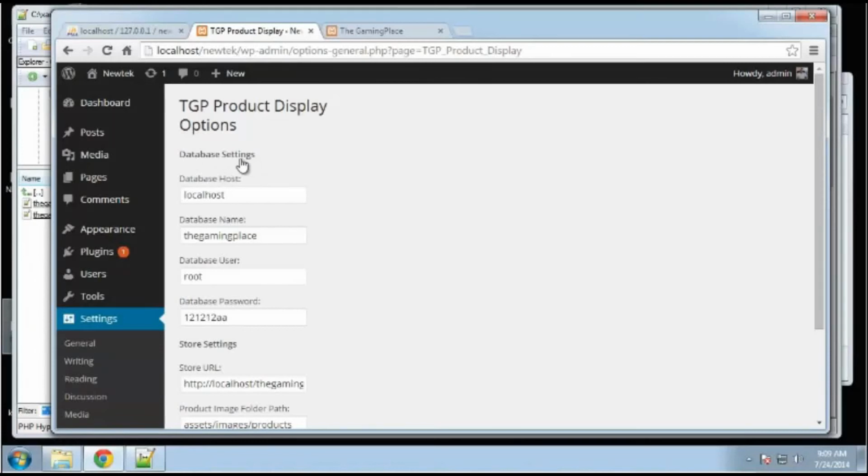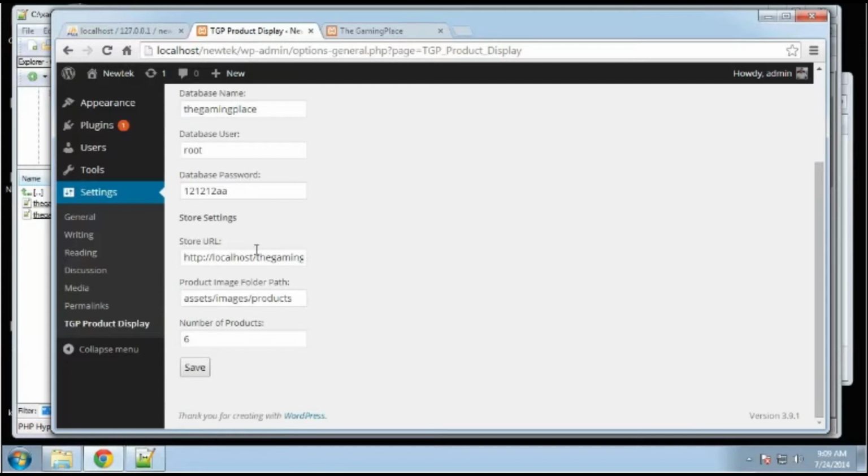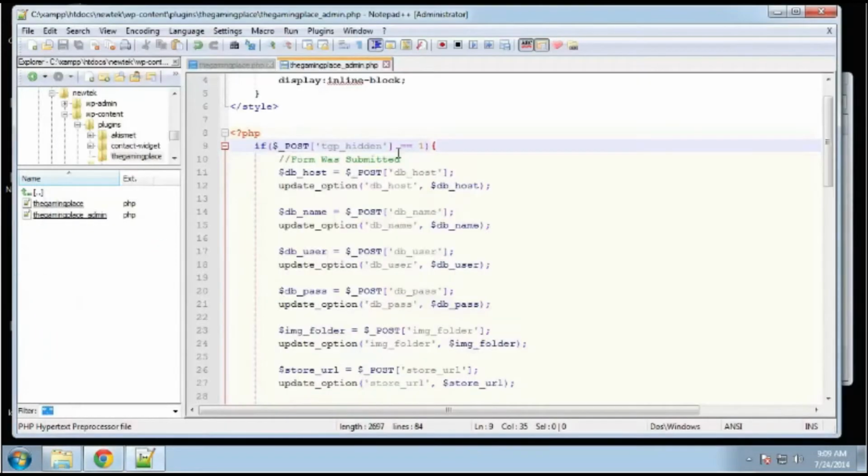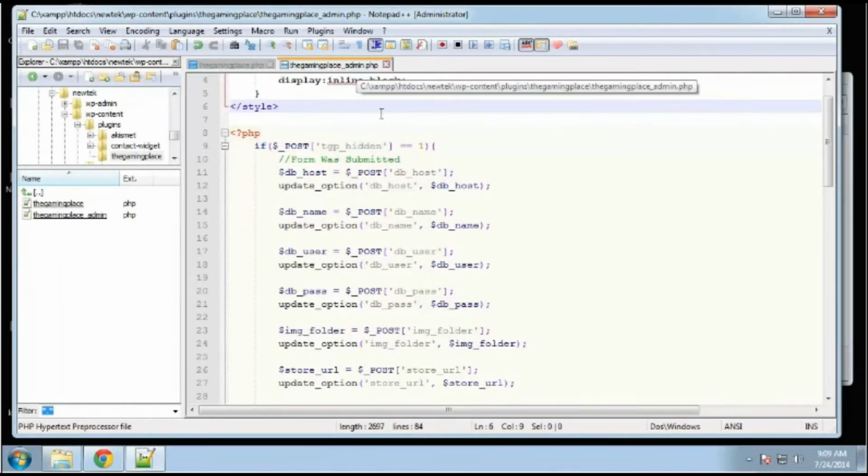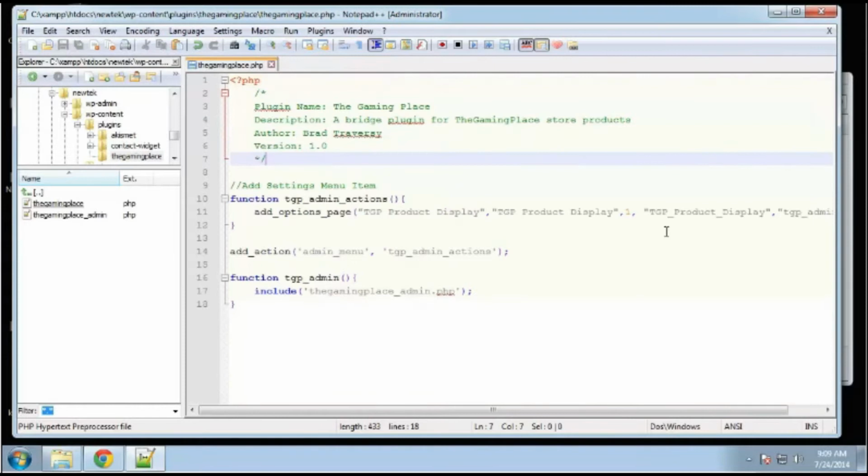The gaming place site. We have our store settings. So now we need a way to actually display it in the front end. Alright, so we're going to go to the gaming place underscore admin file. We can close that because we have everything done there. We want to go ahead and add a new function here that's going to get